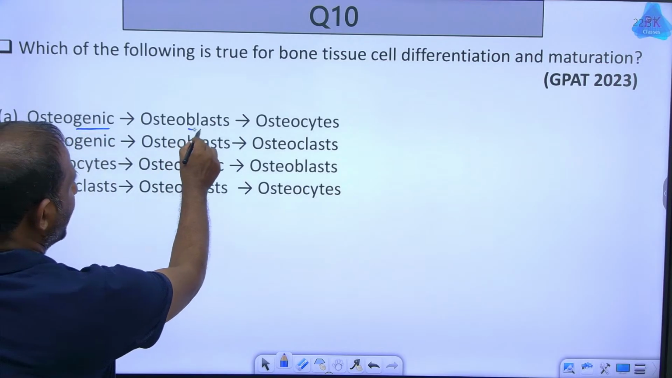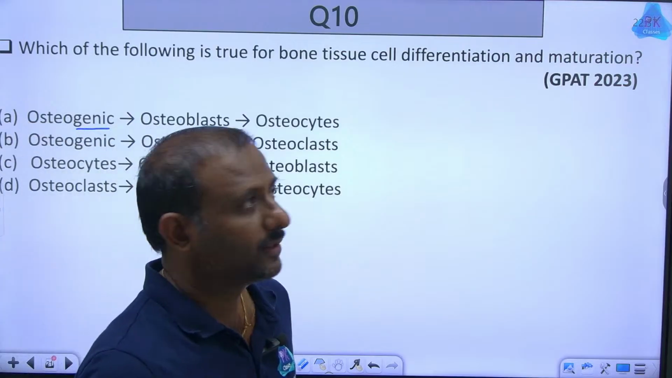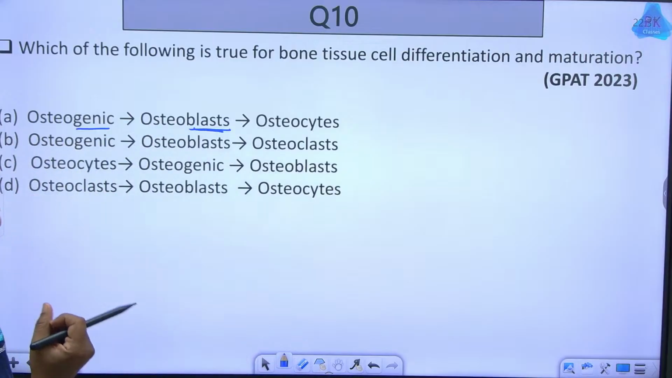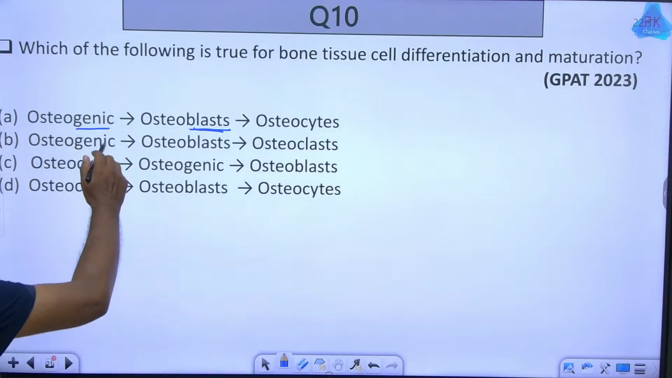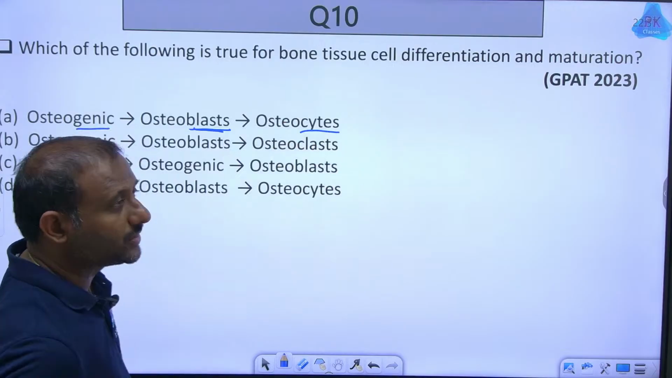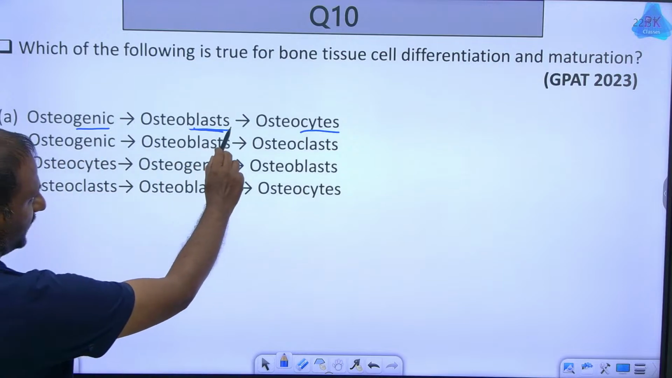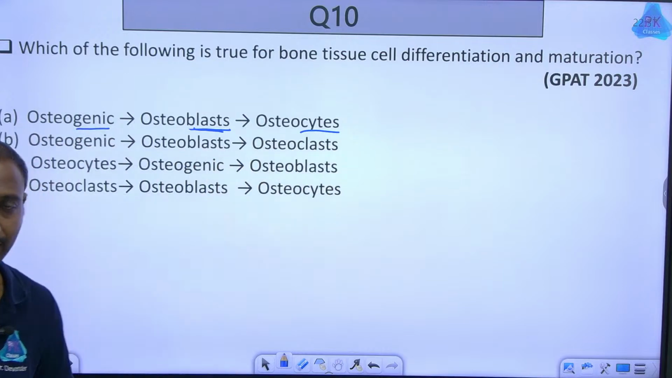ठीक है? Blast मतलब immature cells को हम blasts बोलते हैं. ठीक है, जो फुली मैच्योर नहीं होगा, इमेच्योर को ब्लास्ट सेल्स बोलते हैं. साइट्स मतलब सेल्स, दीज आर द कंप्लीट मैच्योर सेल्स, ऑस्टियोसाइट्स. सो ऑस्टियोजेनिक, ऑस्टियोब्लास्ट्स, देन ऑस्टियोसाइट्स. ठीक है,